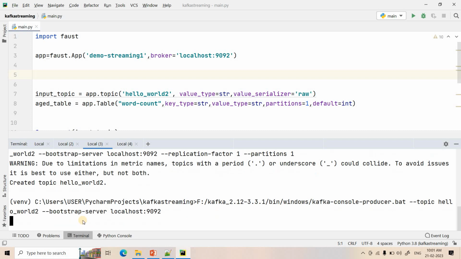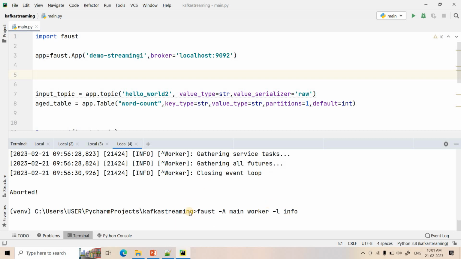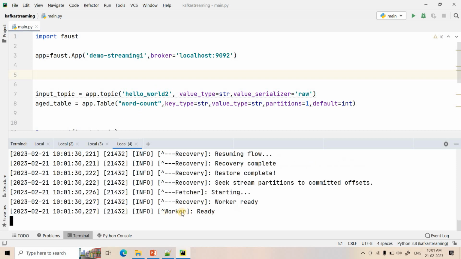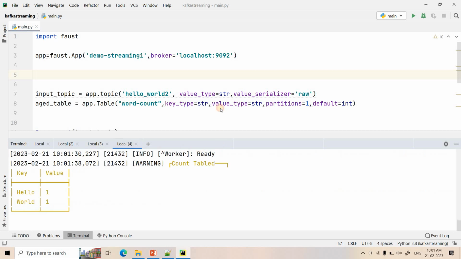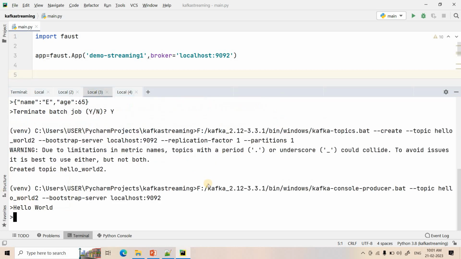So here we'll be producing some sentences. We will see whether for different sentences the word count is showing or not. So here I will start the first application. Here the worker is ready. Now I can give the first sentence as hello world. See, hello is appearing one time, world is appearing one time. Now here I can give hello